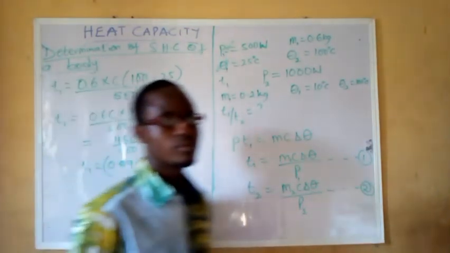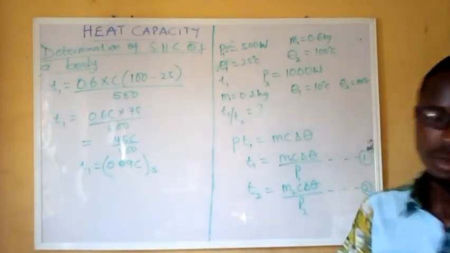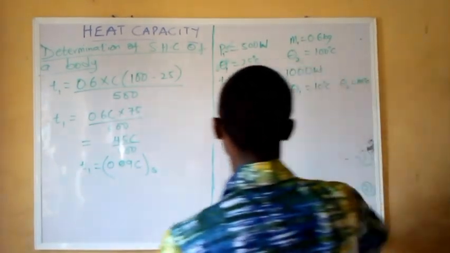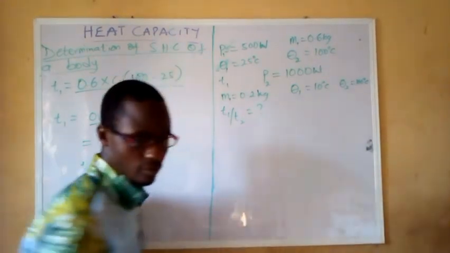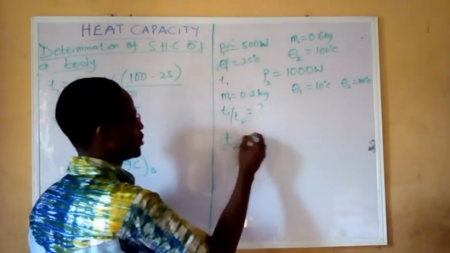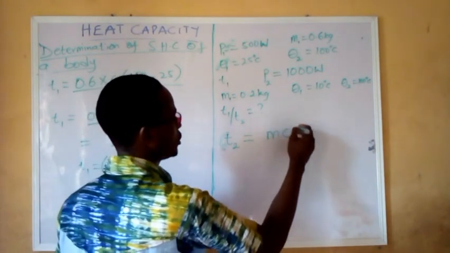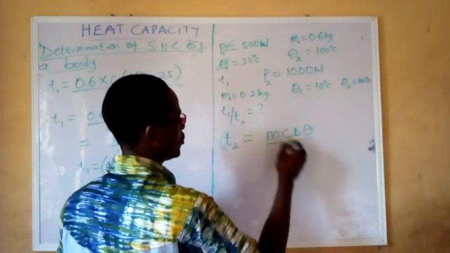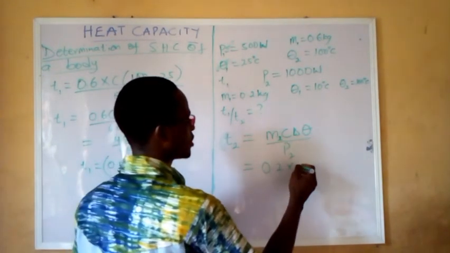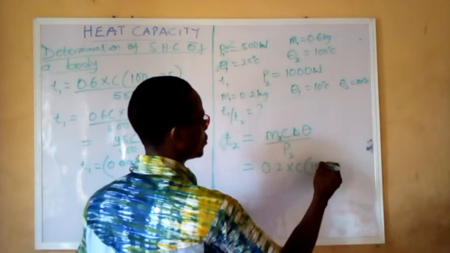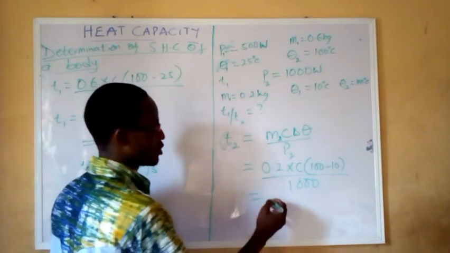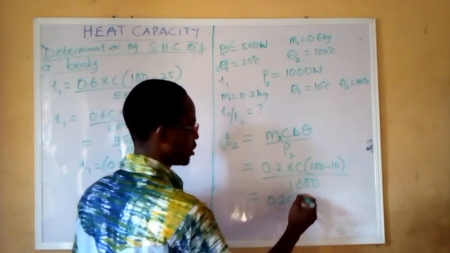So we have this. The next one says we should determine the second temperature, then from there we find their ratio. So how do we determine the second temperature? We have T2, which is equal to MC change in theta over P2. Don't forget this M2. So here we're going to have 0.2 times C into brackets 100 minus 10 all over 1000. So from there I'm going to have 0.2 C into bracket 90